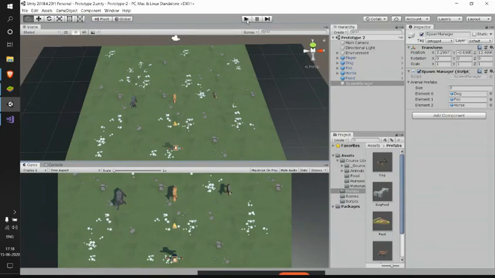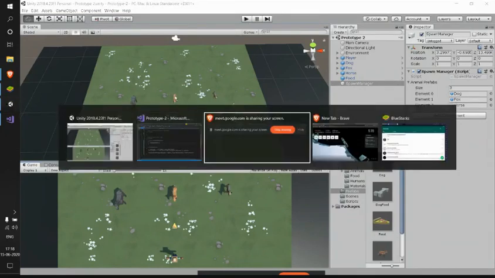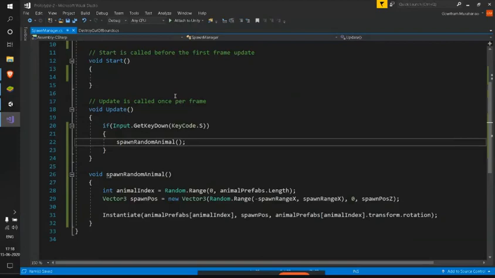But as I said, we need this to happen on its own, not by pressing some key. No player wants to just press some key to generate some game objects, right?